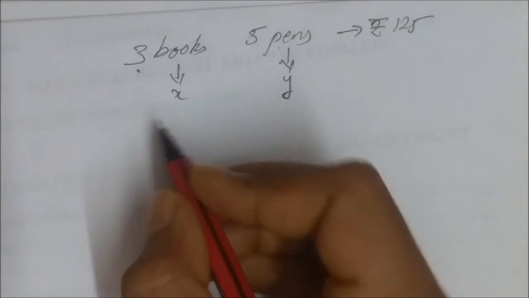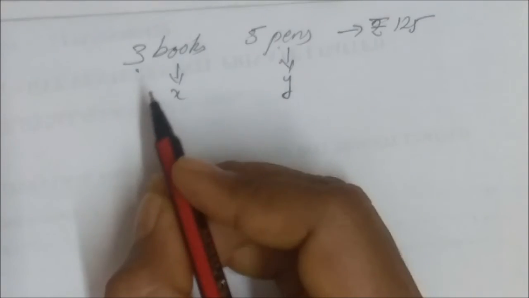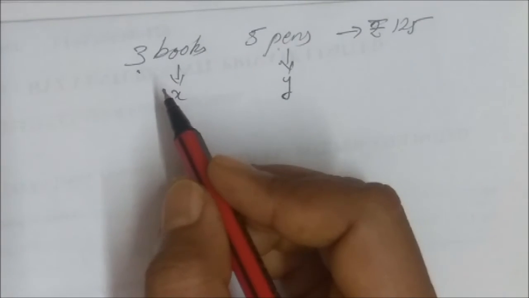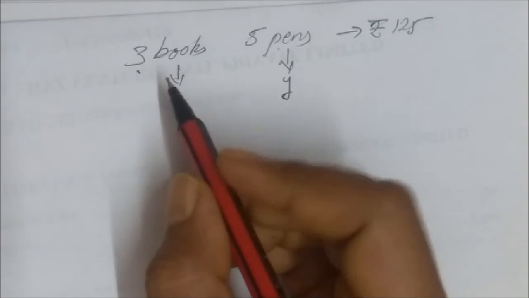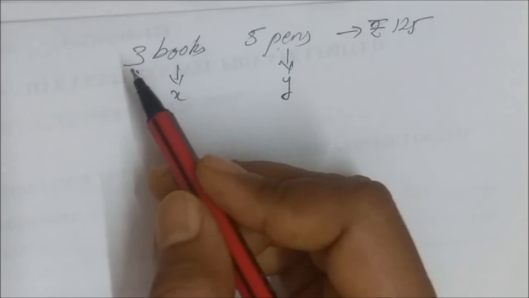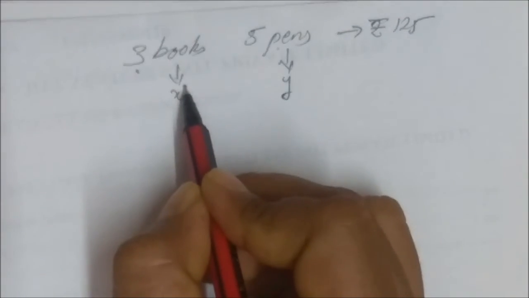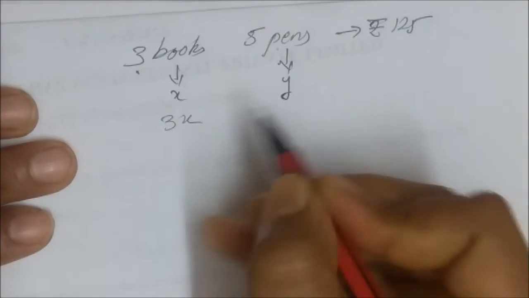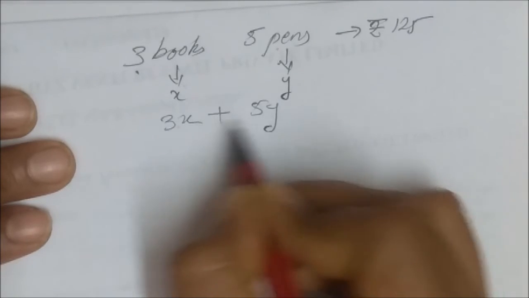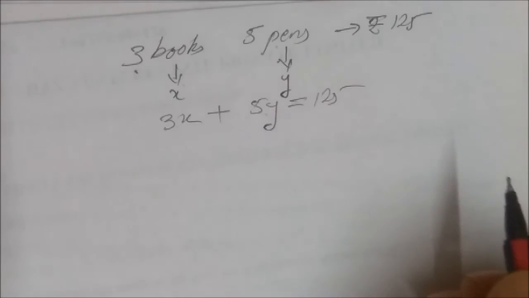Okay, some of you are saying some answers. I will just write here. Suppose the cost of a book is 10 rupees, for example. Then tell me the cost of 3 books. Yeah, somebody is saying 30. Correct. How did you get 30? 3 into 10. Similarly, instead of 10, here it is x, so we can write 3x. And here we can write 5y. The total cost is the sum of both, and I got it as 125. So this is the algebraic form.